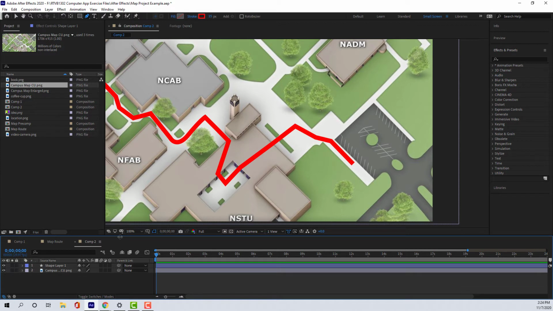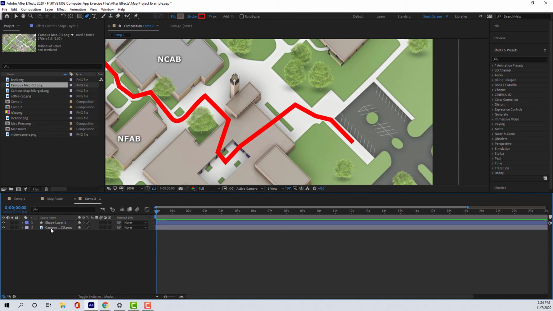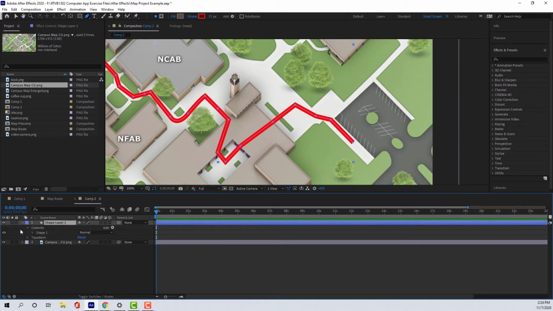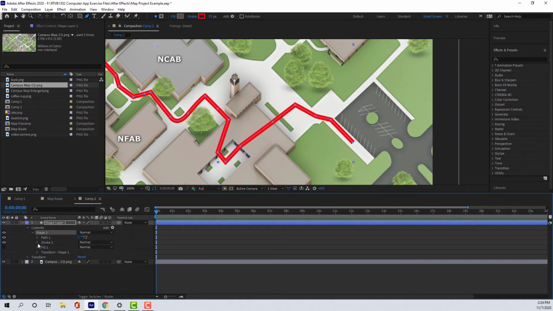So basically what we're going to do now is this. We're going to look at what we've created, and in our path here you notice that we have a cutoff end here, and all of the corners are very sharp. We can do a little bit to make that look more pleasing, and the way we do that is we come in here, and you'll notice that we have a new layer here in our composition, called Shape Layer 1, and that is our path. So I can twirl down and go into Contents. There's our shape. Twirl down and go into Stroke,